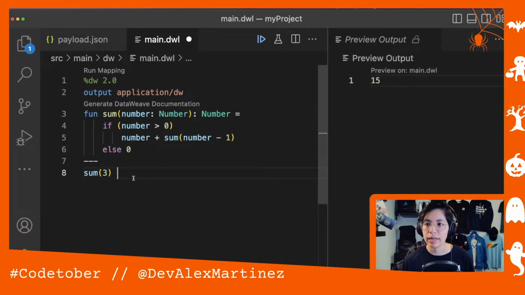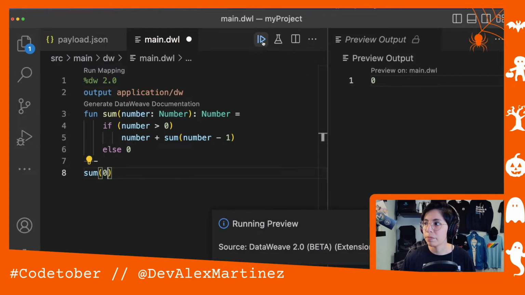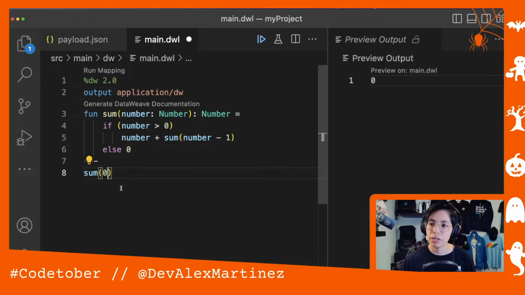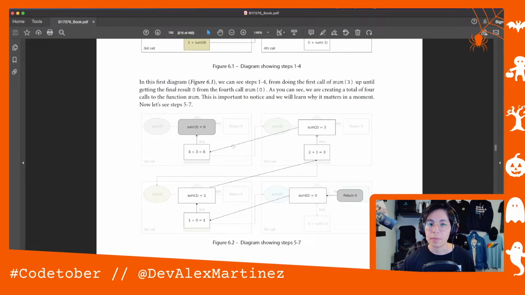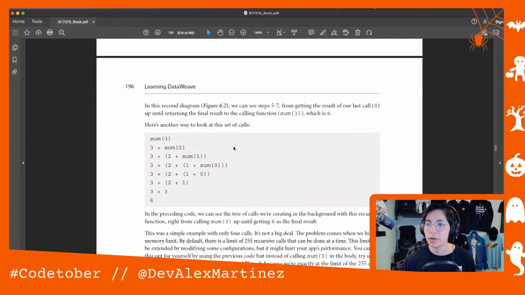Another way to look at it is like I'm saying sum 0, which is 0. So now this call is returned to when we were doing 1, and then it goes on and on. It's like calling the same thing 4 times. So now that we can see that in a diagram, there is another explanation that I wanted to show you